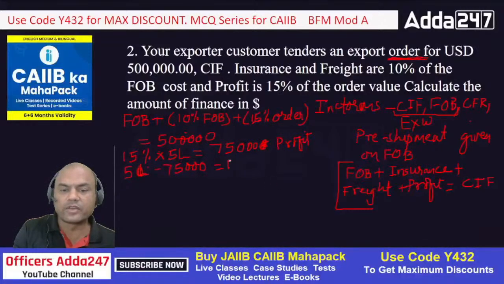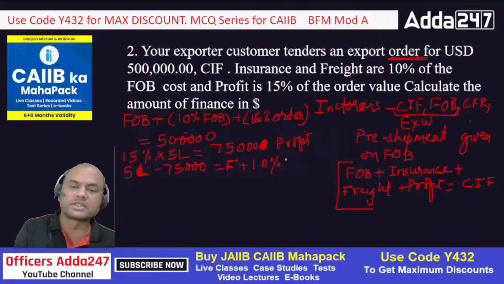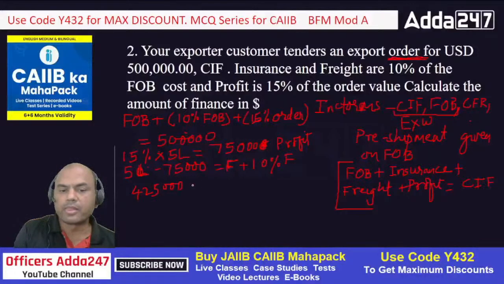FOB plus 10% of the value, 10% of whatever that value is. I'll write this as F. So it is FOB plus 10% of FOB cost. So now what is this amount? 4,25,000 equals FOB